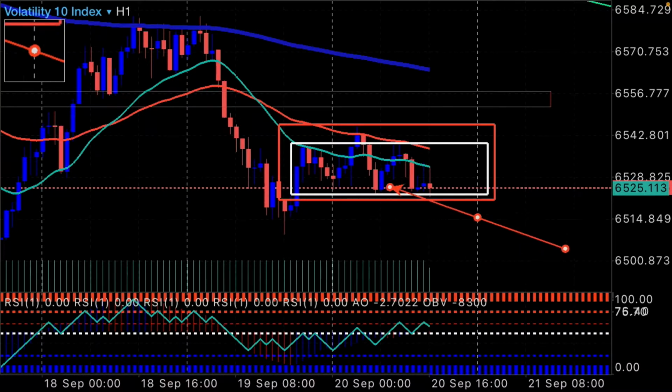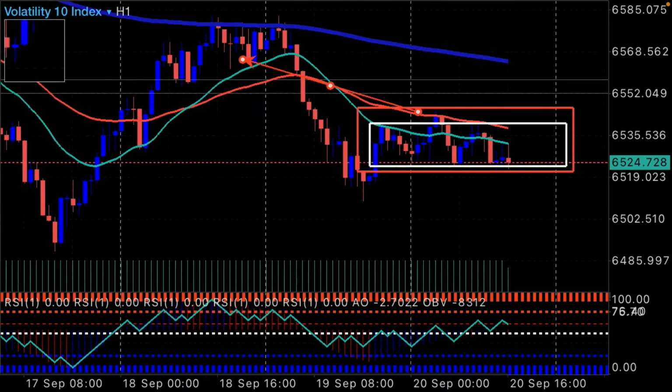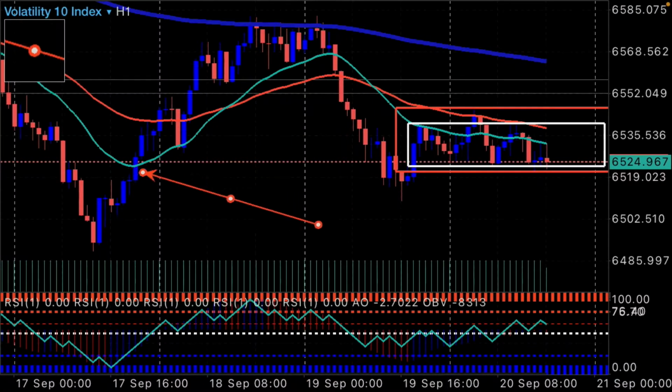So what you have to do is, once the market has broken this box and retested, once it breaks up and retests, or breaks down and retests, then you know that the consolidation is gone. The normal move of the market has started. This is what you have to know. You can see it right here. I can bring out my box and show you anytime.